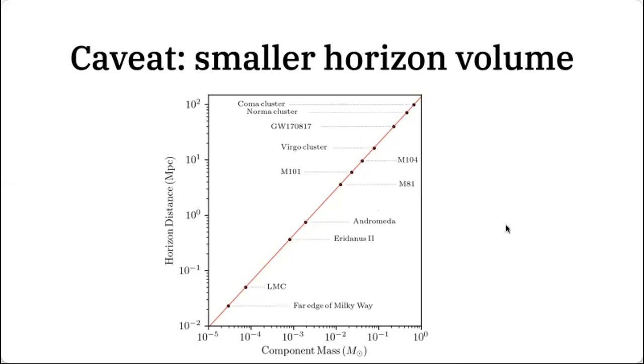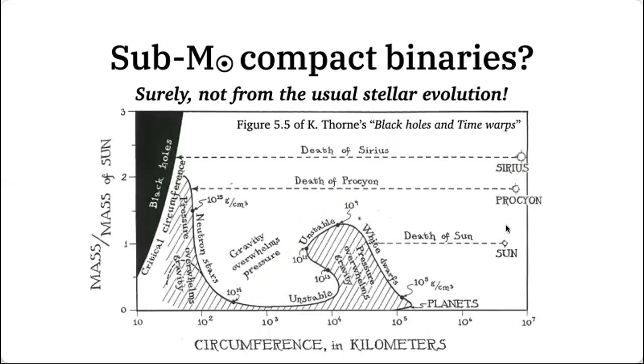But then why didn't people consider that? Or what could be the reason that we don't see that? The reason is because of this fundamental limiting mass of the black hole in the stellar evolution theory. So this is one summary plot that I took from Kip Thorne's book, Black Holes and Time Warps, as a function of the size of the star and the mass of the star. And this plot shows the destination of the star when it consumed all the fuel, the hydrogen fuel at the center.